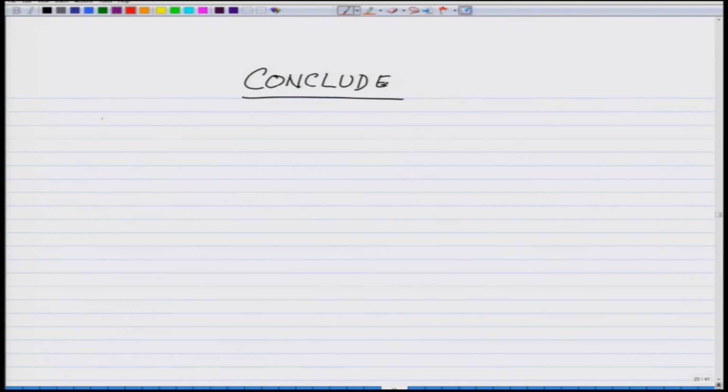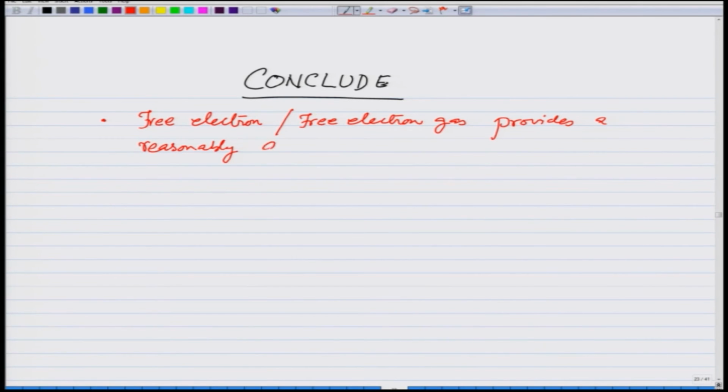by stating that number 1, the free electron gas, or which is also known as free electron gas, provides a reasonably good first approximation to metals. Number 2, these electrons are filled